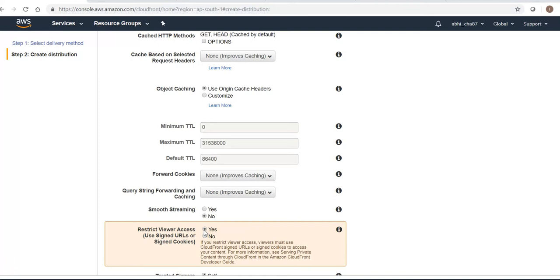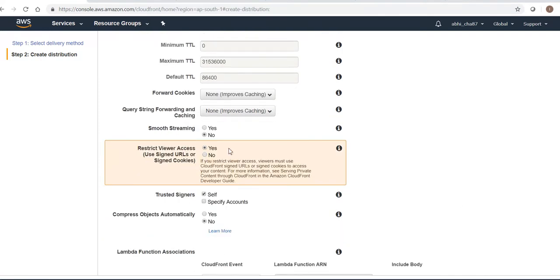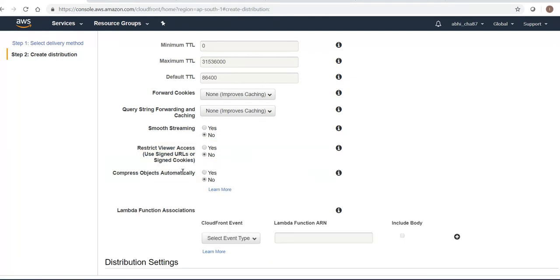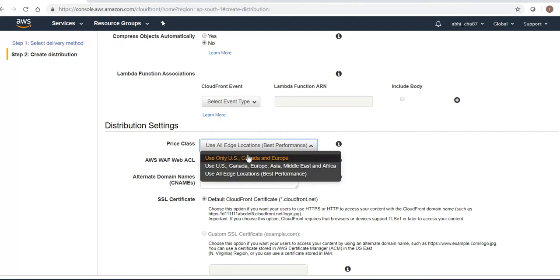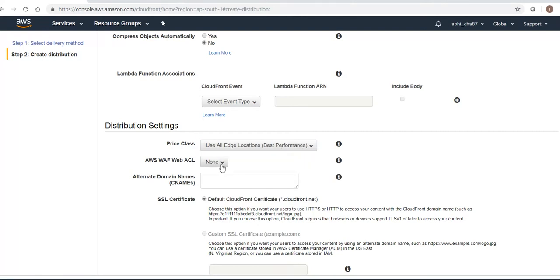Restrict viewer access. This one is needed for some companies where only the assigned employees can access the site, and no one from the internet, no public access is allowed. So I'm keeping this as no right now. This is the Amazon Web Application Firewall. I'll keep it as none only,